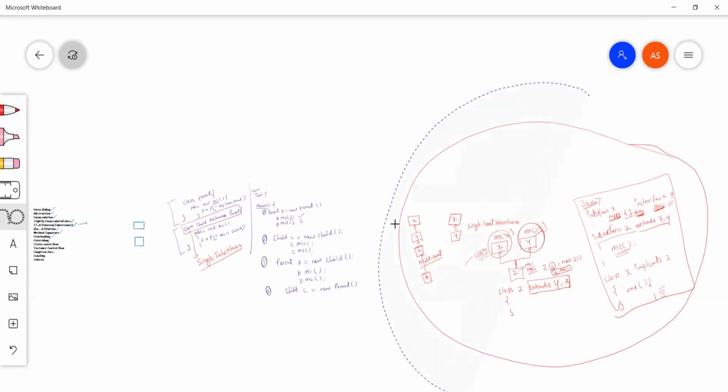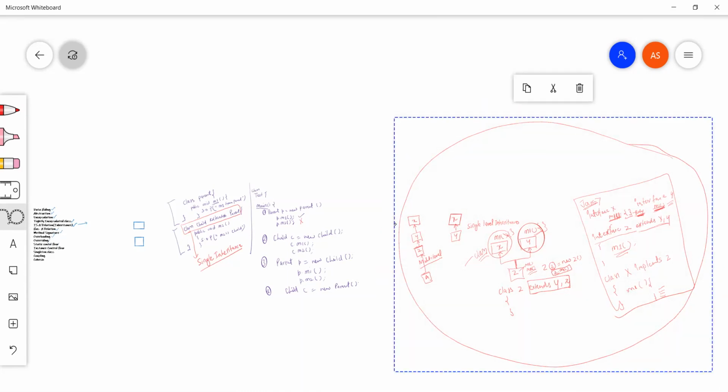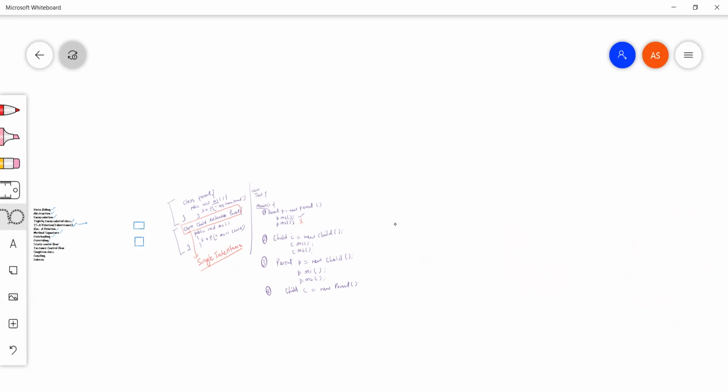So whenever we are working with interfaces and classes, for example, we have a class. Let me write it down.